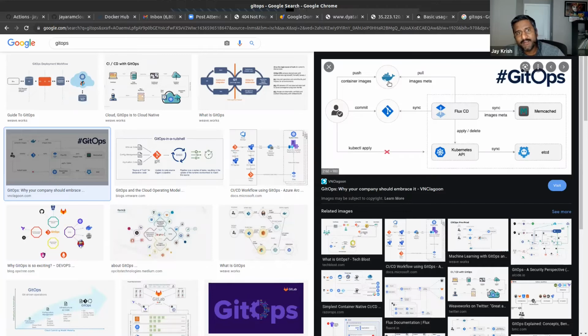If any new containers are created based on any logic, or if the master branch is updated here, this guy will go and pull and deploy inside the Kubernetes cluster. This is called GitOps, and this is trivially easy to set up. It's not a complex thing or anything. In 30 minutes, in a couple of hours, you can learn. And if you set it up once, I love this so much.